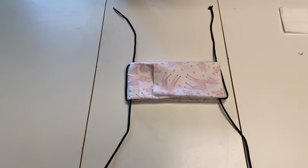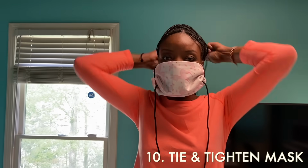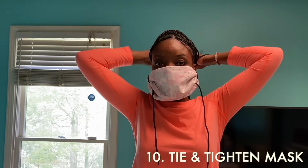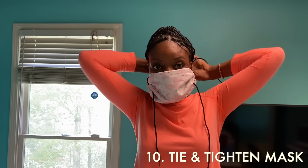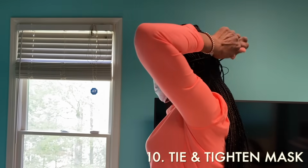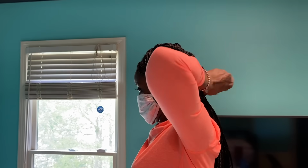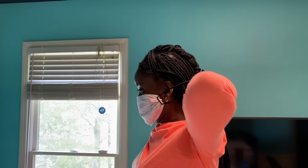See, many masks, they don't fit well. This one allows you to fit it and tighten it as you want. Watch how I do this. I'm tying it to the back of my head, and then I take the bottom part and I tie it also. Now, because of the way we did it, you can make it as tight and as secure as you want, which is very different from a lot of the other masks out there, which is like a one size